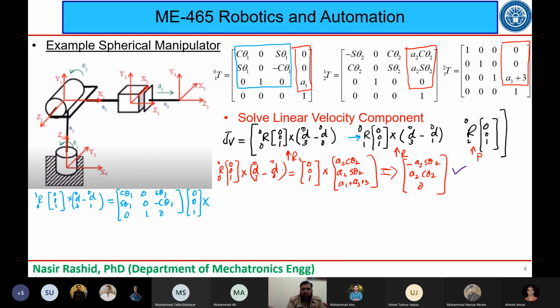और मैं यहाँ पे डायरेक्टली D3 और D ये वाला लिखने लगूँ यहाँ पे। D3 क्या था, A2 cos theta 2, A2 cos theta 2 minus 0, ठीक है। ये कौन सा है, 1 to 0, ये वाला। So A2 cos theta 2 minus 0, then A2 sin theta 2 minus 0, और A1 plus A3 plus 3 minus ये वाला A1, ठीक है। और ये किसके बराबर आएगा,